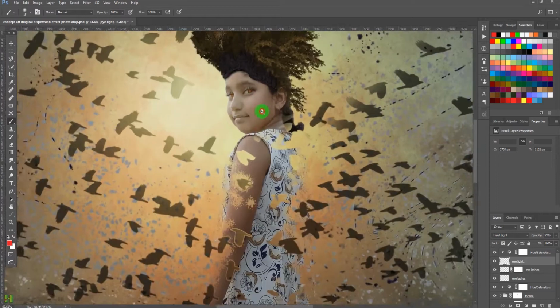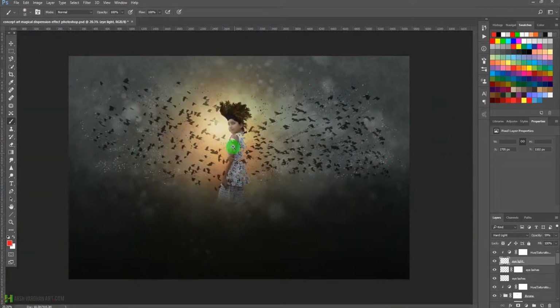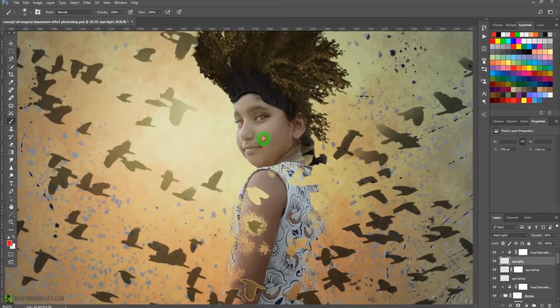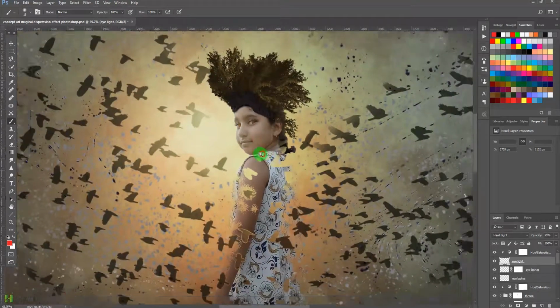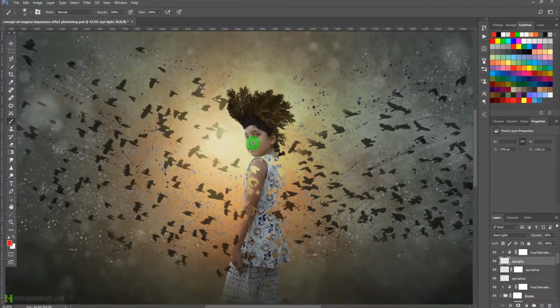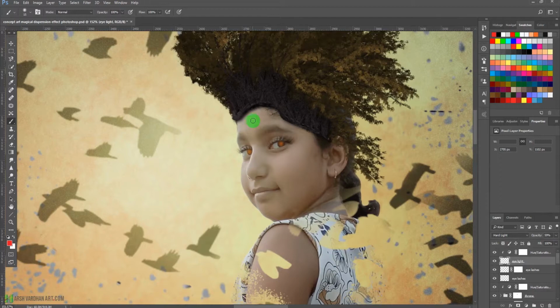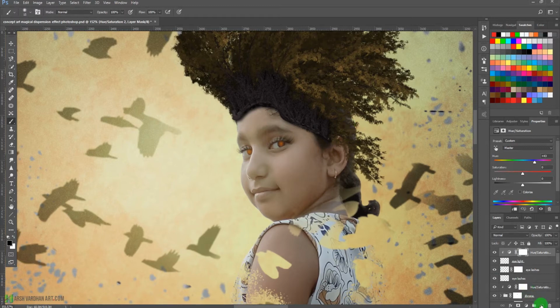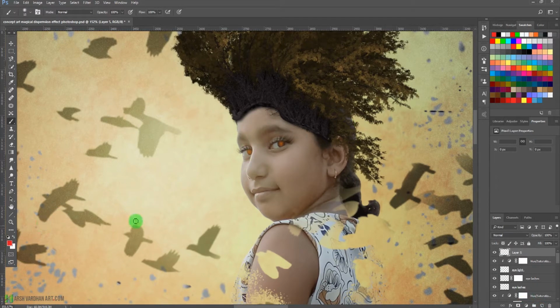Yes, now this one is looking good. Okay, and let's add one, what it is called, we call it tilak in Hindi. So we'll create a new layer, and this time we'll take the color from here. By pressing Alt we can take the sample from here, and we are going to paint it over here